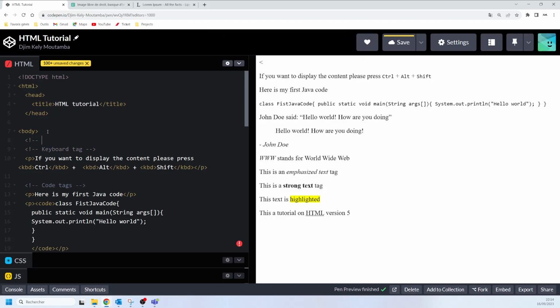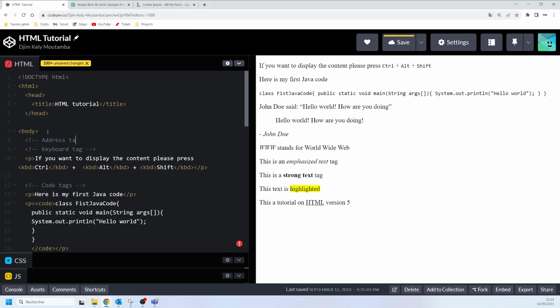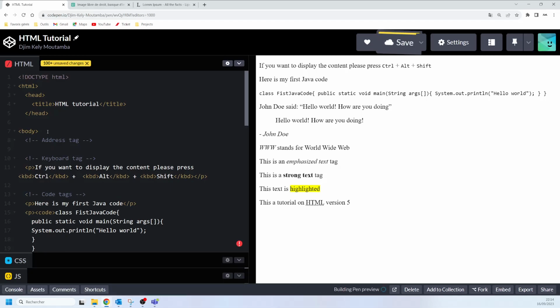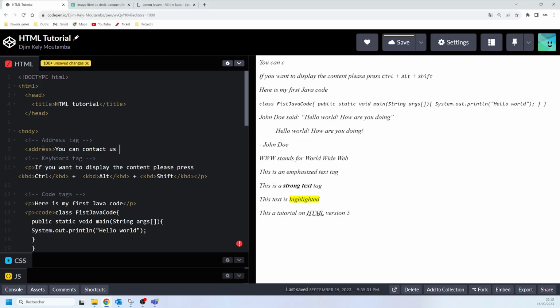So let me write address tag like this. An address tag defines the contact information about the author of a particular portion of text. The content written between the address tag will be displayed in italic font. So let's take an example. Here, if I say address, like this, and say you can contact us on, and I'm going to use the anchor tag, for example, if I want to write an email, and href,